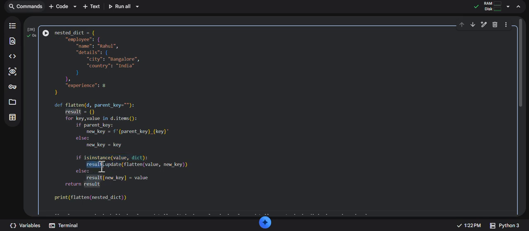Now what does result.update do? It adds the values which are there in this particular dictionary. So the flattened value will have the value of what? It would have the value of the whole dictionary here. And the new key which we just created, which is employee in this case, as a parent key will be passed on to this. So this will go inside this